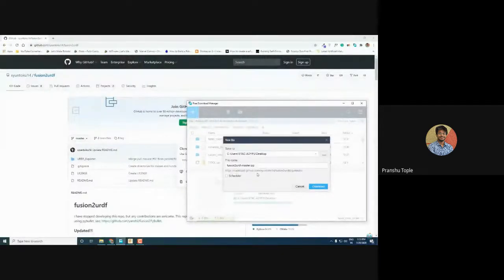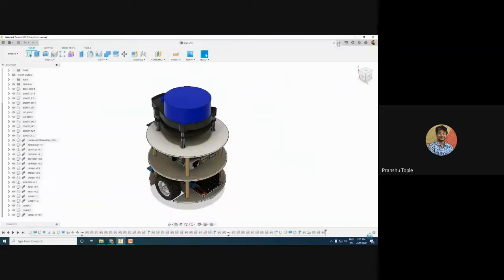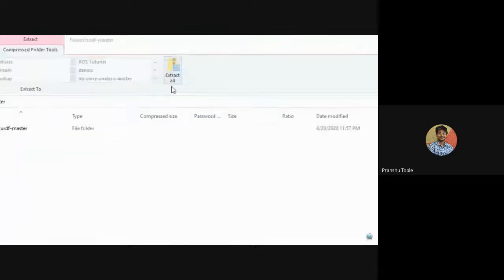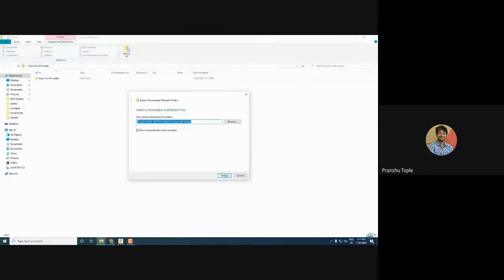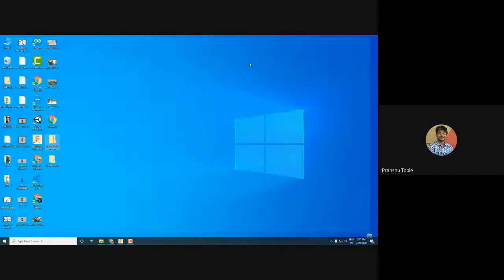You can save it wherever you want, but just be aware of the location. Once you have downloaded the zip, unzip or extract all of its contents. You can delete the original zip file as we only need the unzipped folder.